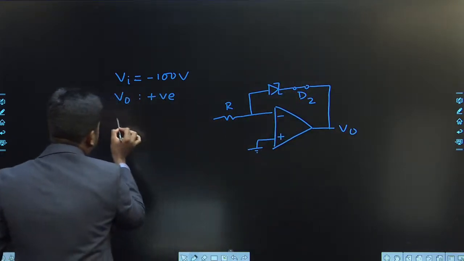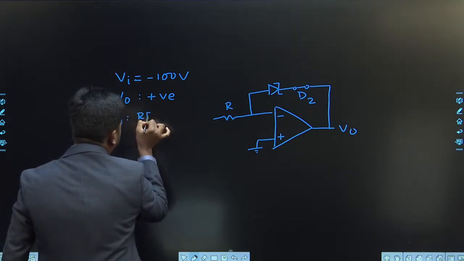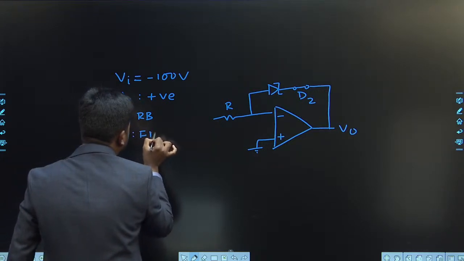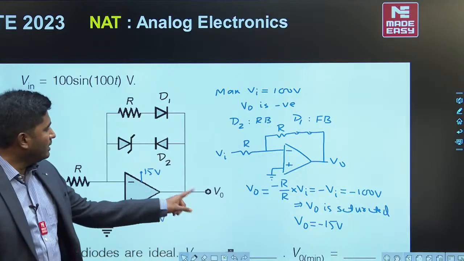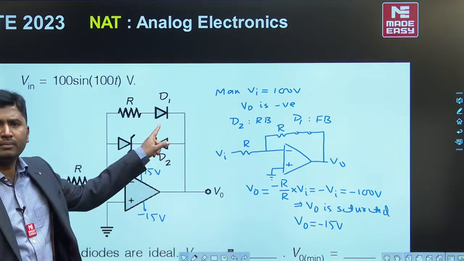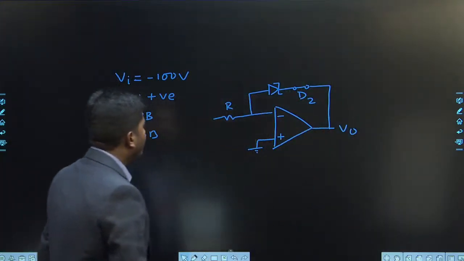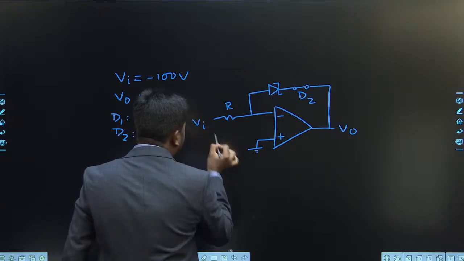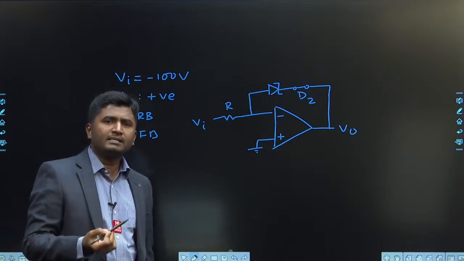So let me just mention here, D1 will be in reverse bias and D2 in forward bias. I hope everybody followed this point. When output is positive, D2 will be in forward bias and D1 will be in reverse bias. And we have to decide here what will be the maximum value for V0. We should tell the maximum value for